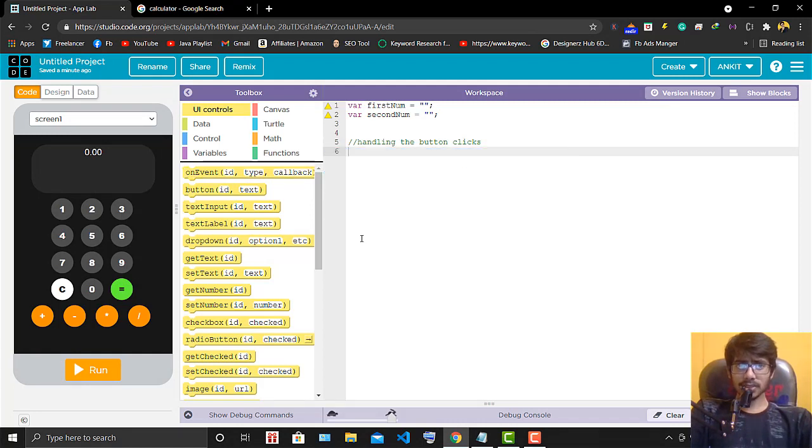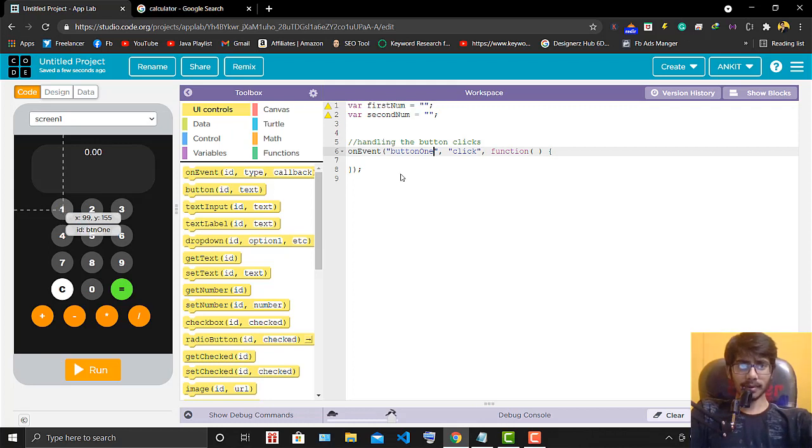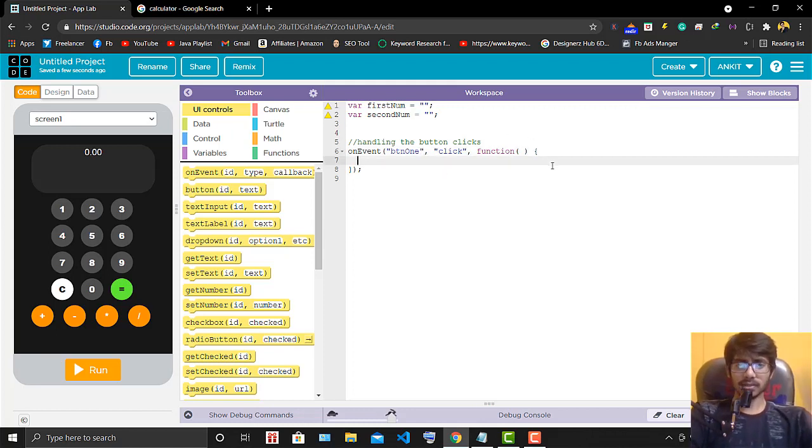If I just click here on events and drag it here, now look, here is the ID. The ID refers to which button I should click. So first of all, when I am clicking here, it means one. If I click just button 1, I hope this is the ID, just go and pick btn1. So here is the btn1. Now when I click, we are firing a function.